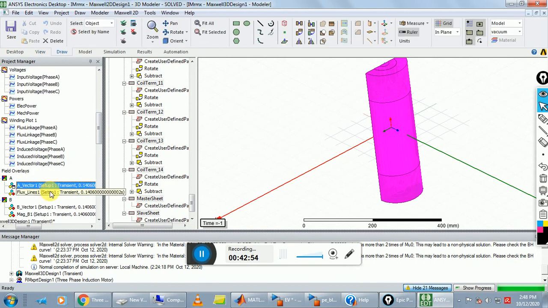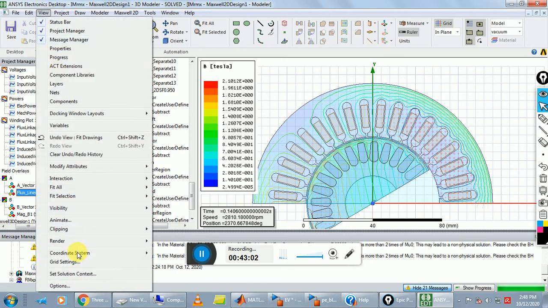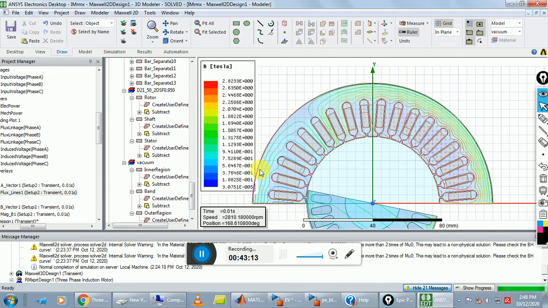In our 2D structure, put the design in animate mode, go to view and click on set solution context, select transient 2, here select a time, click on OK.